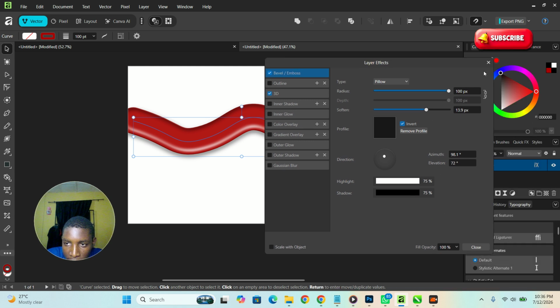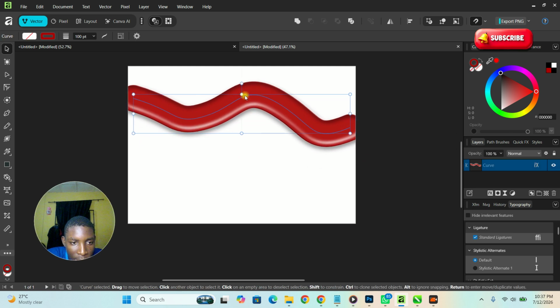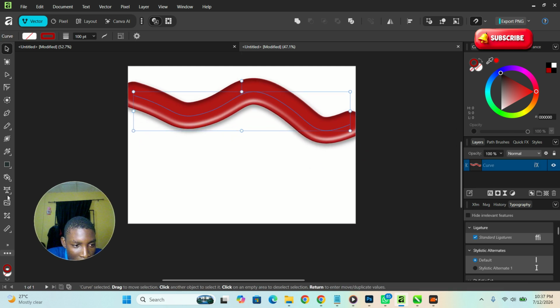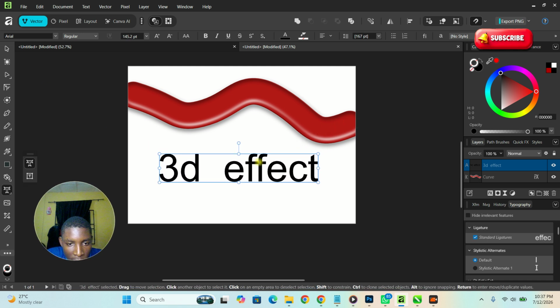If you want it for text as well, let's close. For instance, you want to work on text, you can also select text like this and write, let's say, 3D text, 3D effects, as I did in the preview. So 3D effect, come here, scale it, select all, make it bold,